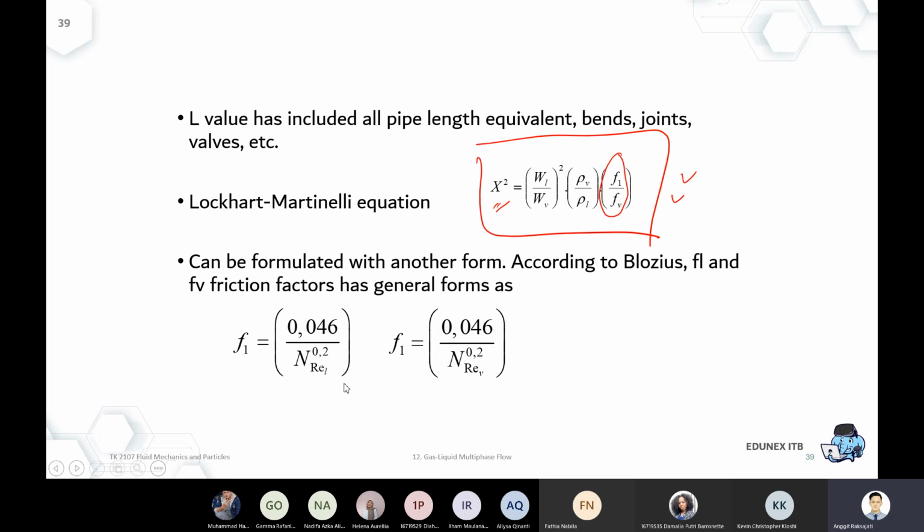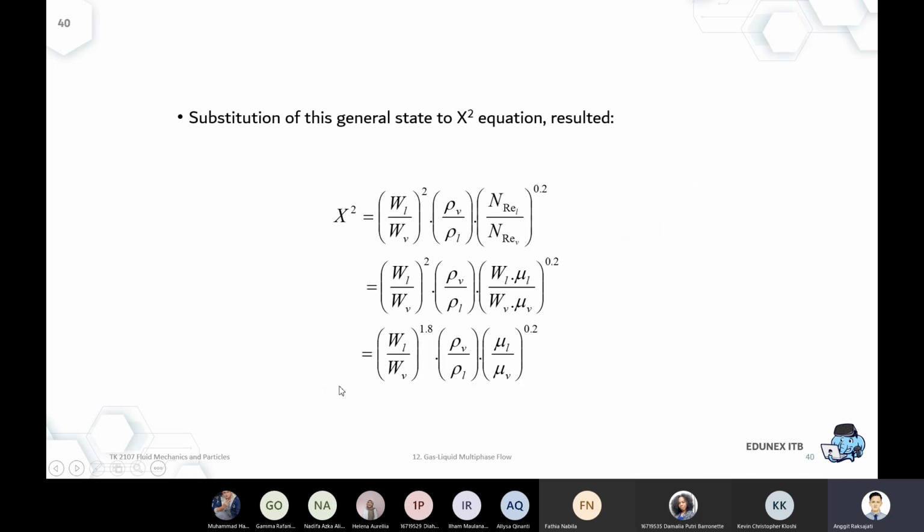Once we substitute the F with another empirical calculation derived from the Reynolds, then we can substitute the F part into the ratio of Reynolds. Again, it's not mandatory. It's really an option.